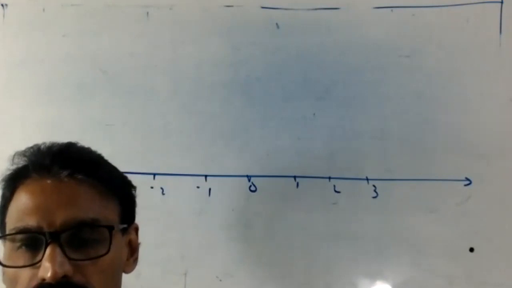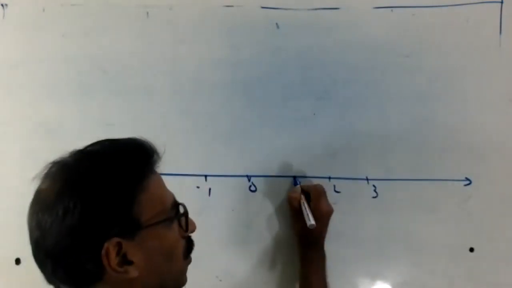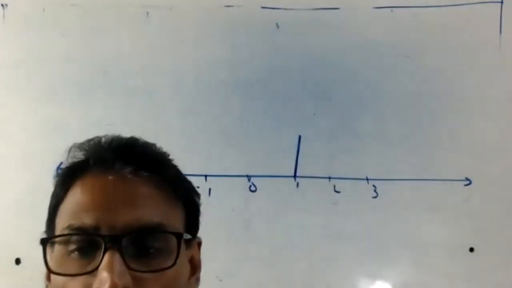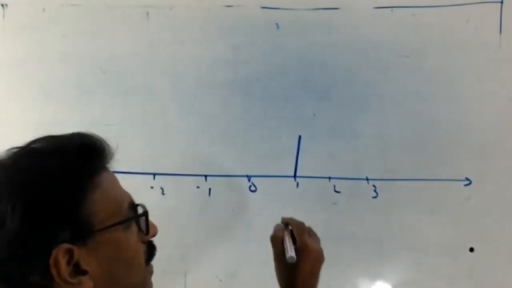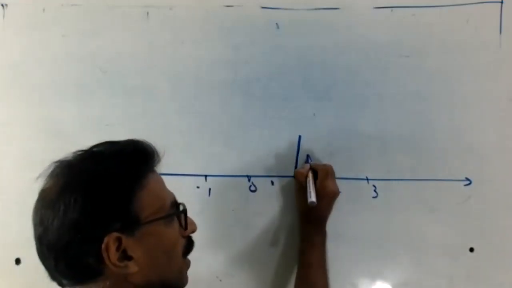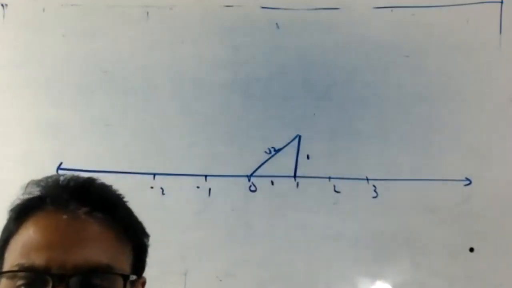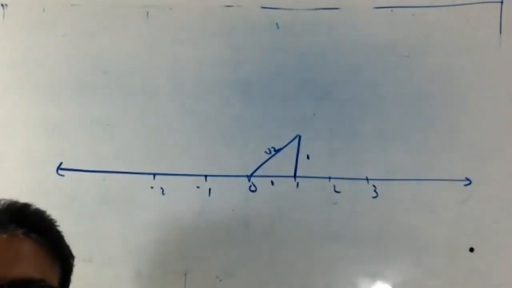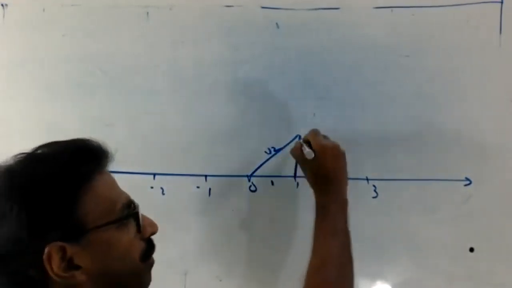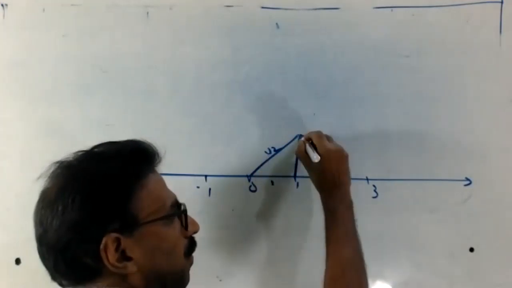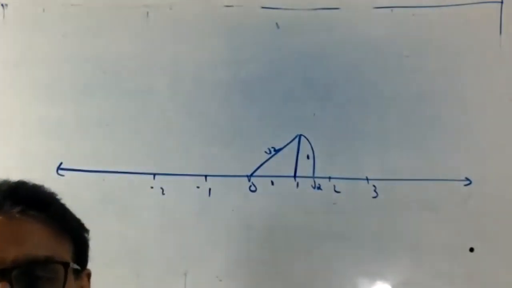Number line okay. Then last class, how did we draw root 2? Draw a perpendicular. Depending on your school, you can use a protractor or compass. That's up to you. Then here 1 unit, 1 unit. Join this one. This is root 2. Does anyone have a doubt up to here? Then with the compass, take the compass and draw this one, root 2.